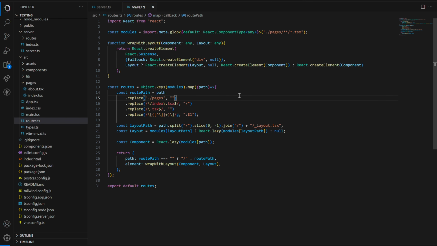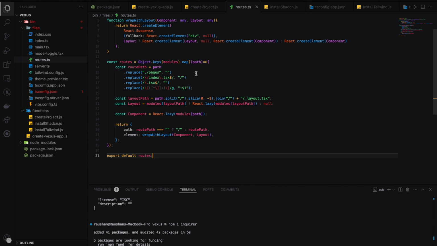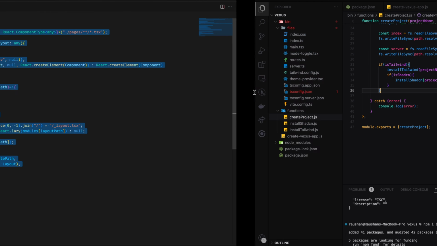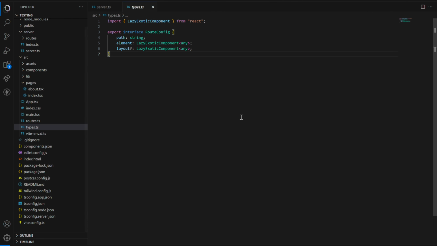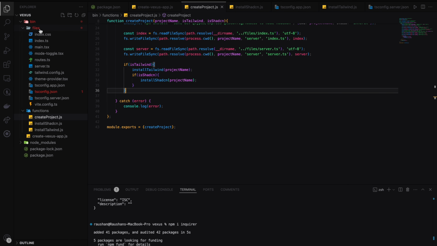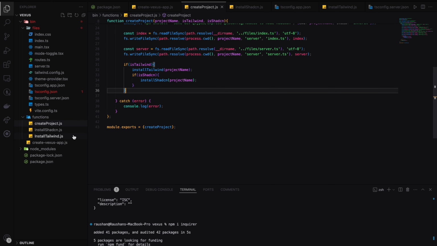This is the routes.ts. Just copy it and paste it here. Do nothing. In the fallback, I am just removing the loading part. So yeah, routes.ts, and for types also go to files, new file, types.ts, and paste. Okay, these two things,